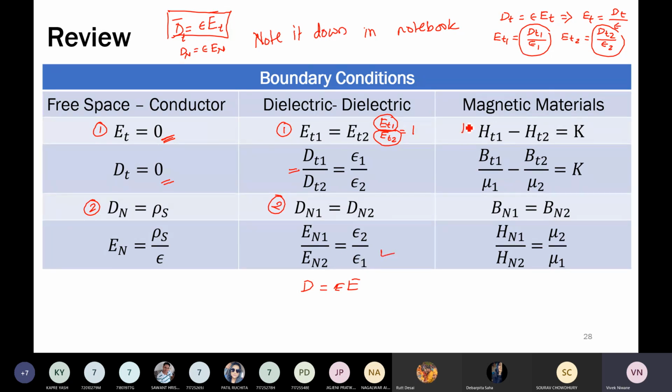Then about magnetic fields, memorize this part. Then memorize this part. That's it, that's all. So if you remember the 1 2 1 2 1 2 pattern from the three boundary conditions, free space and conductor, dielectric, and magnetic materials, you can get the rest of the formulas. Here K is nothing but current density. Remember this, because when a numerical is given, the wording will be something like linear current density is such and such, 2 milliampere or 2 ampere per meter. So you have to understand that it is the value of K.